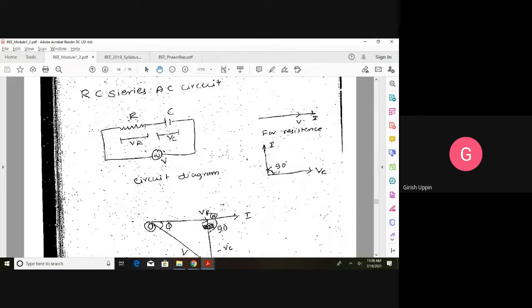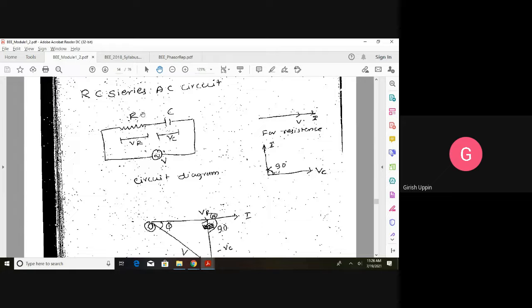On similar lines, consider the RC series circuit, in which R and C are connected in series across a voltage supply. V is equal to Vm sin omega t. VR is the voltage across the resistor, and VC is the voltage across the capacitor. The same current will flow. In a resistance, the current and voltage are in phase. In a capacitor, the current leads the voltage by an angle of 90 degrees.